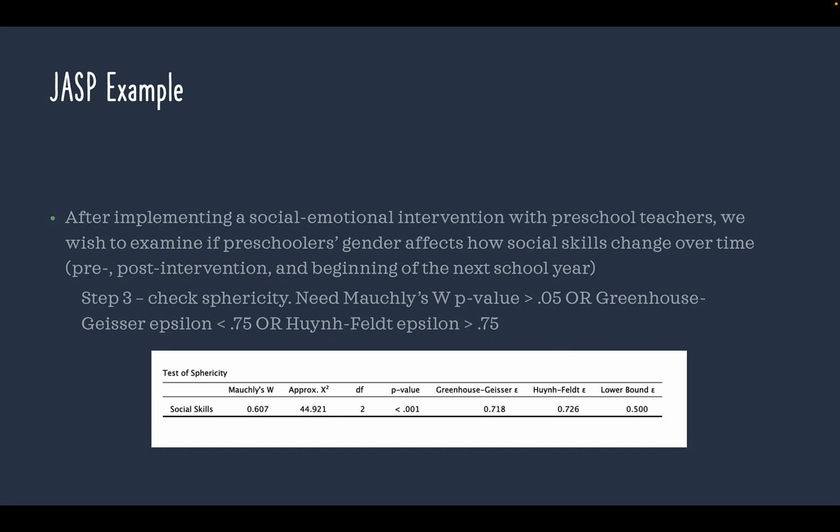So then the condition becomes, well, we've got 2 epsilons that we can interpret, Greenhouse-Geisser or Huynh-Feldt. And the rule is that the Greenhouse-Geisser needs to be less than 0.75 or Huynh-Feldt epsilon needs to be greater than 0.75. So we see here that our Greenhouse-Geisser epsilon is less than 0.75, so we're going to interpret this correction